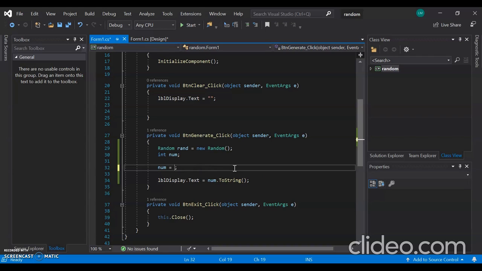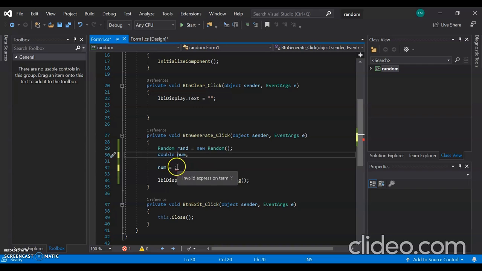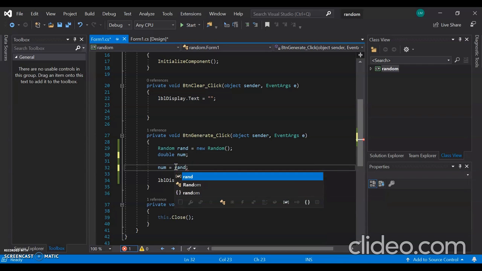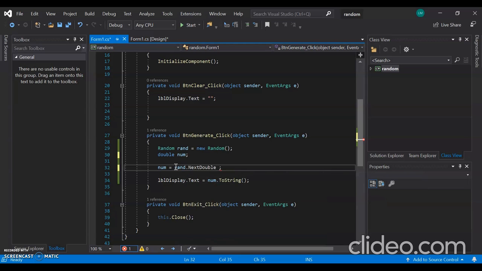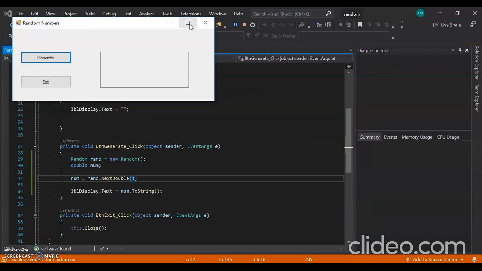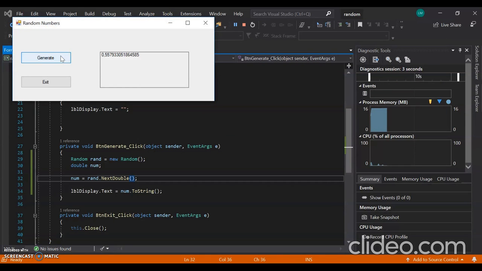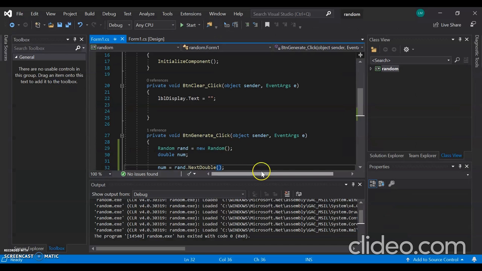one uses NextDouble when you are going to get a random floating point number between 0.0 and 1.0, but it does not include 1.0. So to use this method, we have to have a variable of the double data type. And when we assign our random number, we say NextDouble, parentheses, leave them empty. Now this is going to get you a number between 0.0 and 1.0. And there we have it. And that is all for the